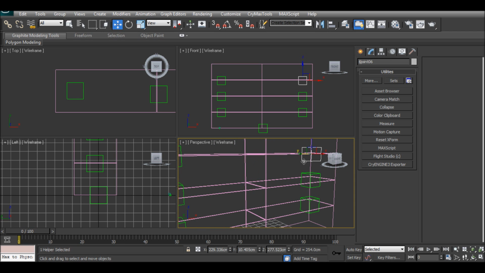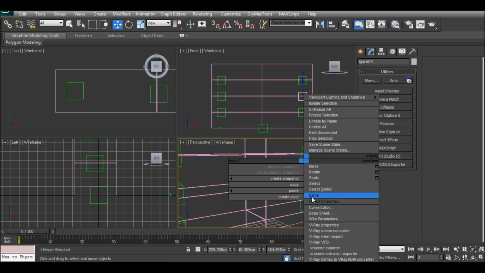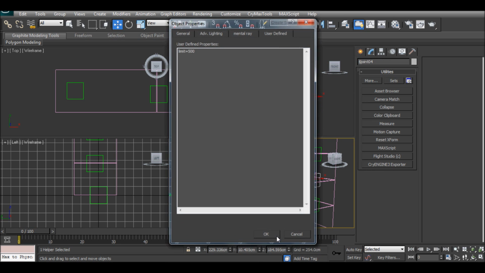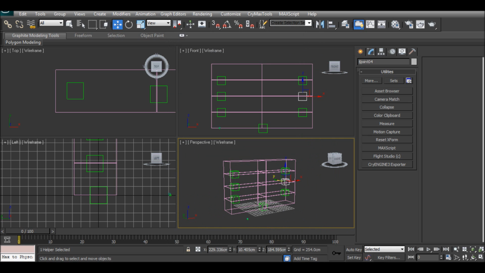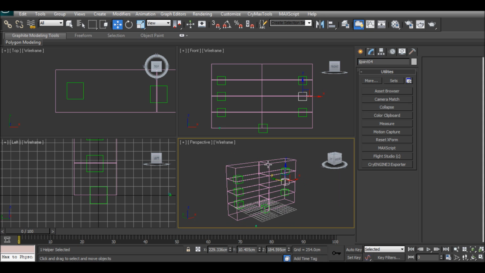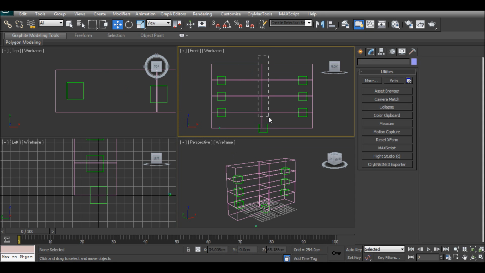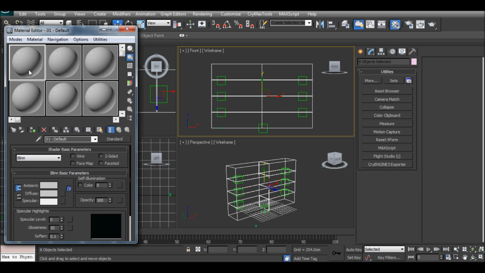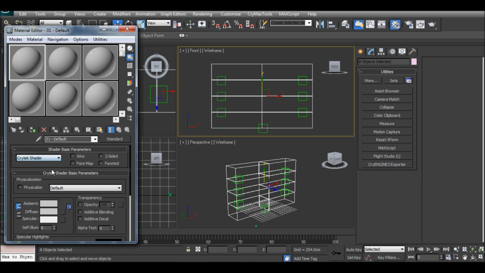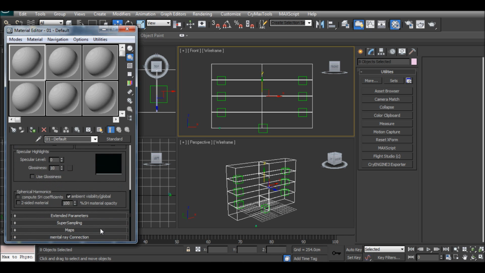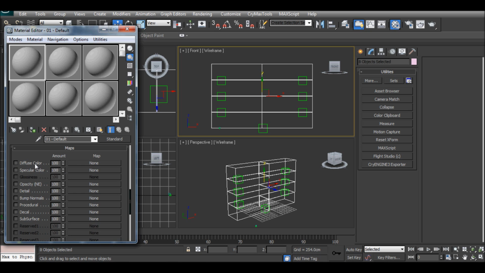So what we want to do now is we've changed the limits. Let's just double check on this one. There we go, all the limits are done. We're going to save it, and it's almost ready. All we got to do now is select every box. So let's just drag down the middle like that, and then let's press M for material. And what we need to do is we need to click on the CryTek shader, physicalize, and go down to